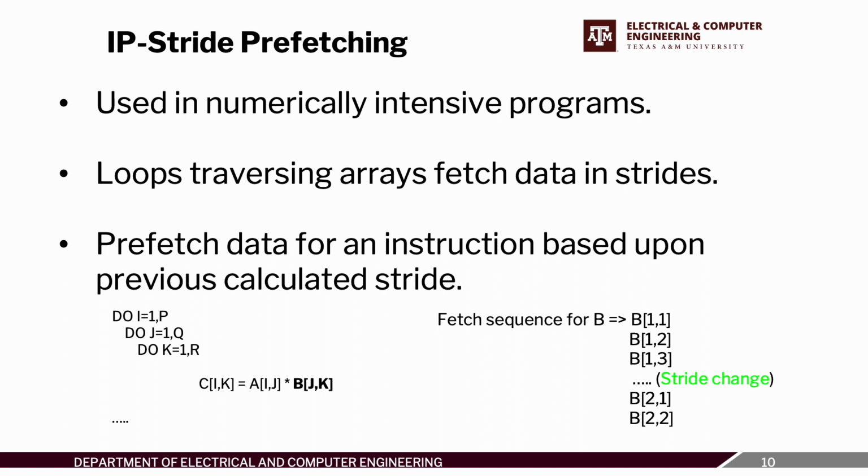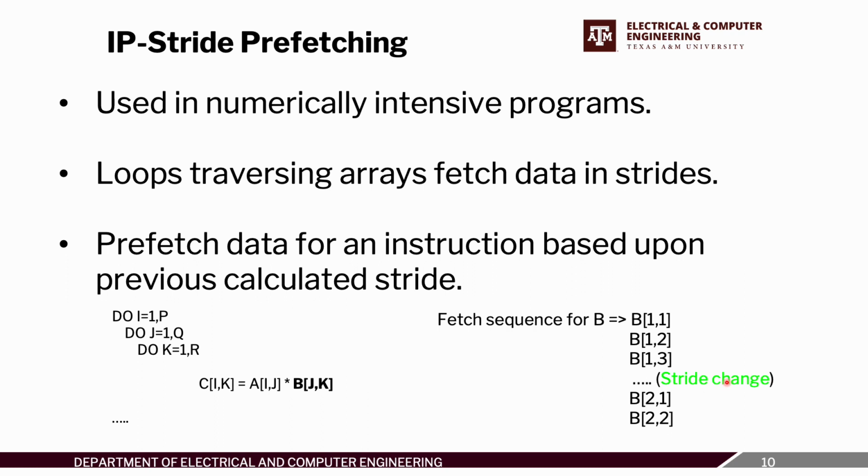The first prefetcher we implement is the IP stride prefetcher. This is generally used in codes where we have a lot of loops that are traversing through arrays. As seen in this particular code snippet, we have a nested loop and array B is being accessed in a nested loop fashion. Consequently, the fetch sequence of B will be in the manner of B[1][1], B[1][2], B[1][3]. As we can see from this, there is a constant stride between the data of B that we're accessing,